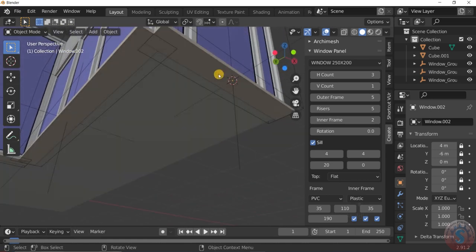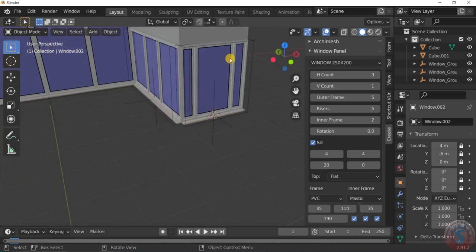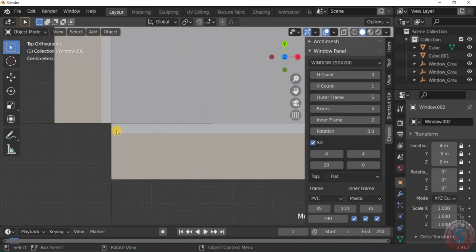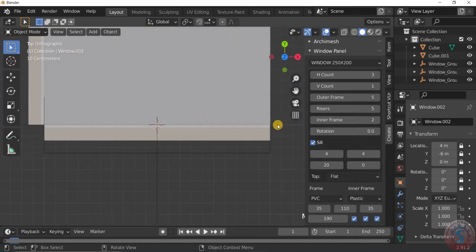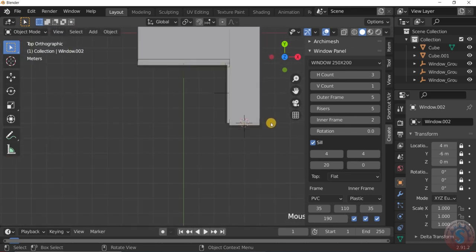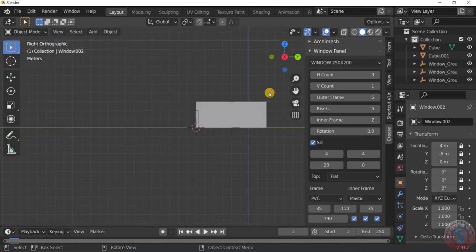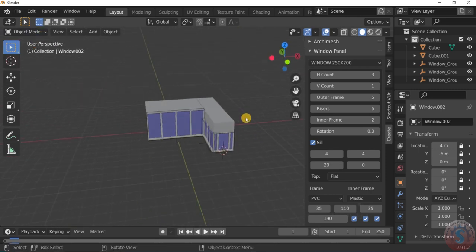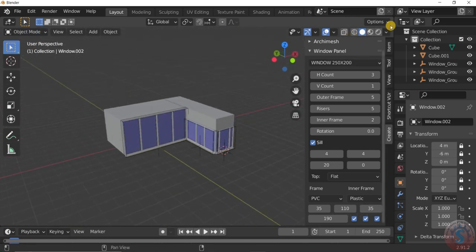You can observe it is created in the exact position. Again check by pressing 7 whether it is cut or not. See, all the windows are perfect, and go into the view, object mode and go into the material preview.